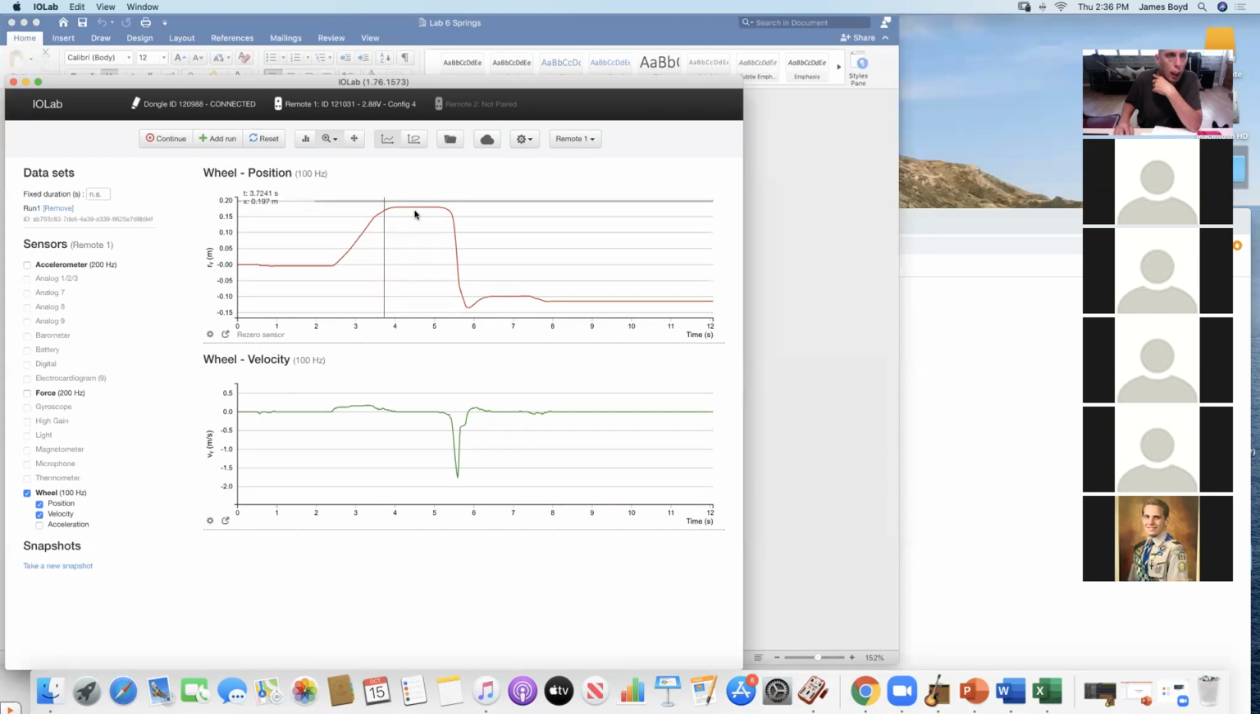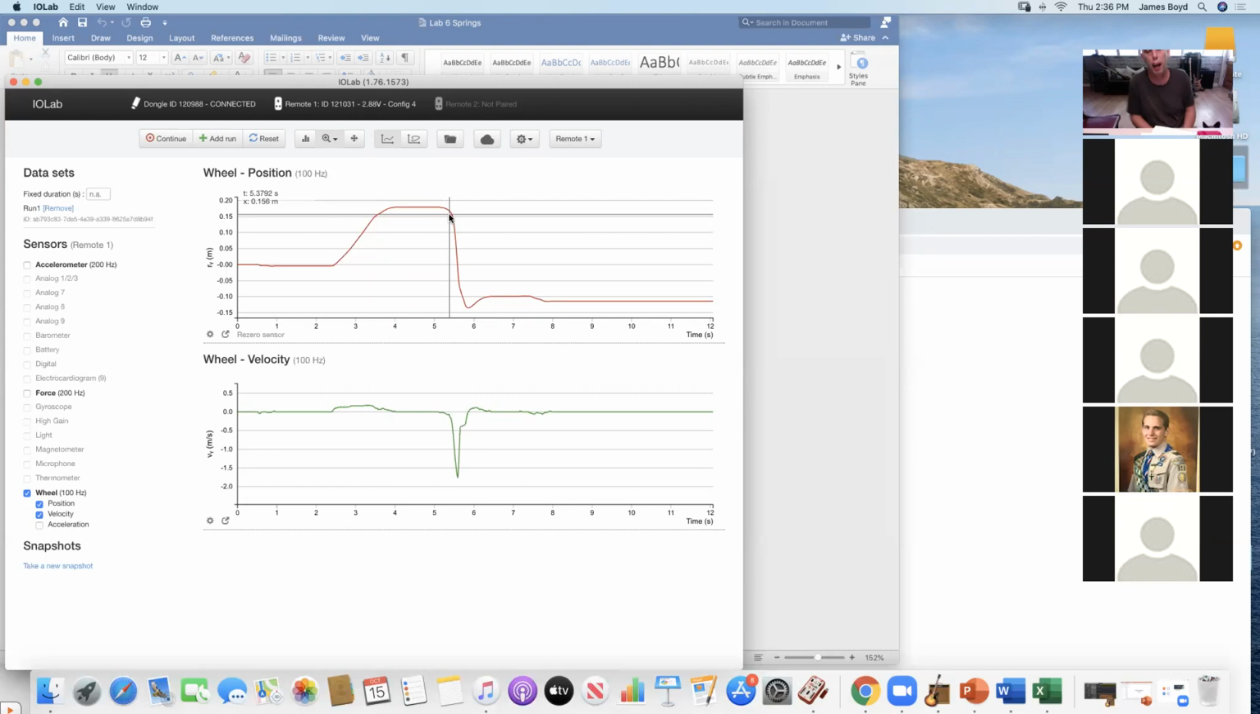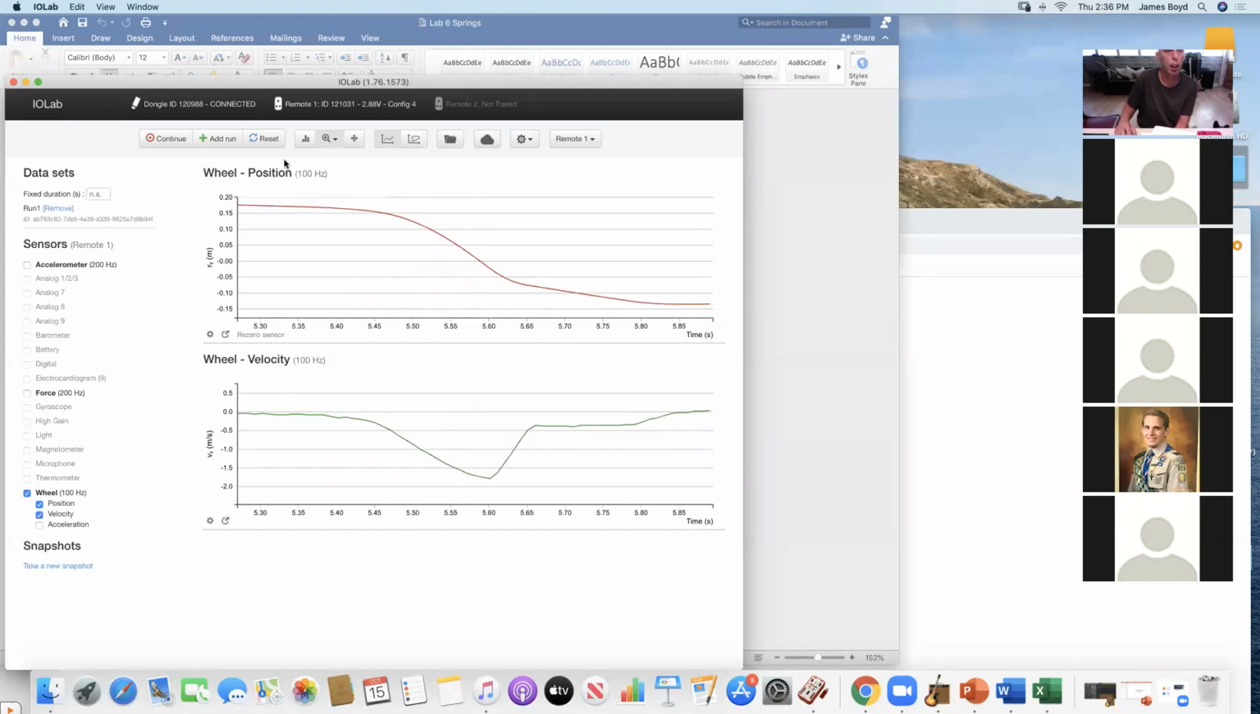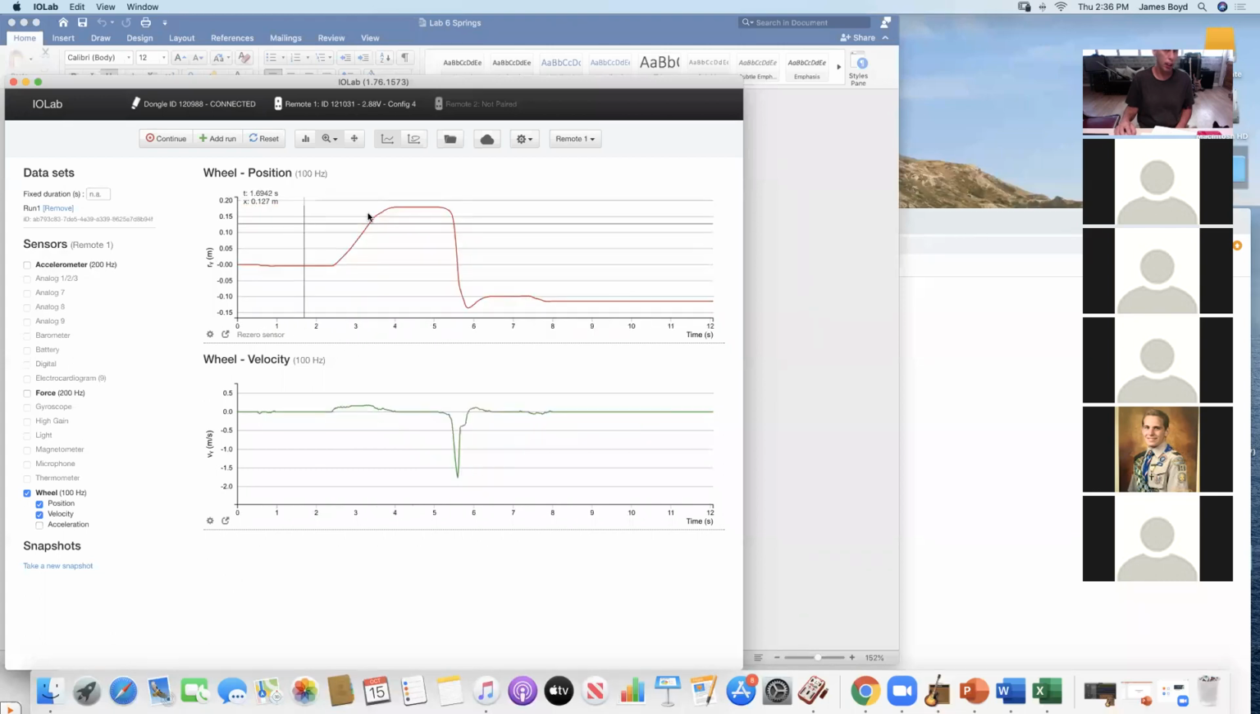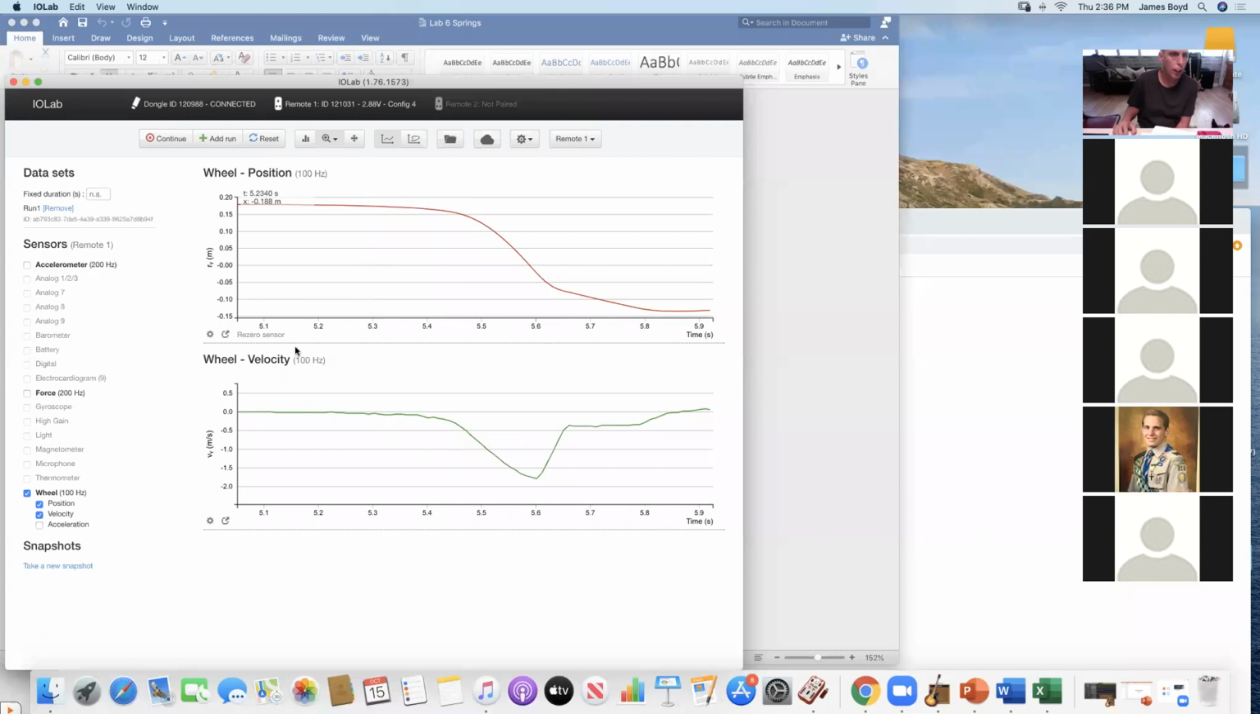I pulled it at about 20 centimeters and then I released it. So this graph is actually perfect. I want to look at this region. And here's the only thing I want off this: I want where it began, when the velocity was 0. And I can see that the velocity is 0. I can choose